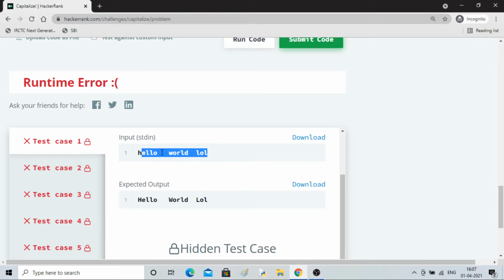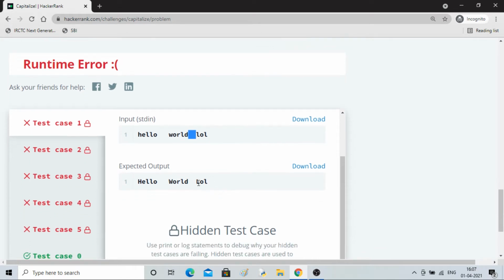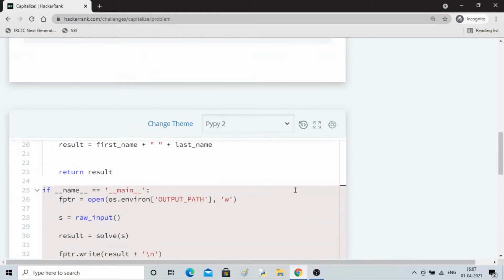Plus, you can see that here the space is 1 2 3, but here the space is 1 2, and in the output also they want this spacing 1 2 1 2 3. So this is also something we have not considered.